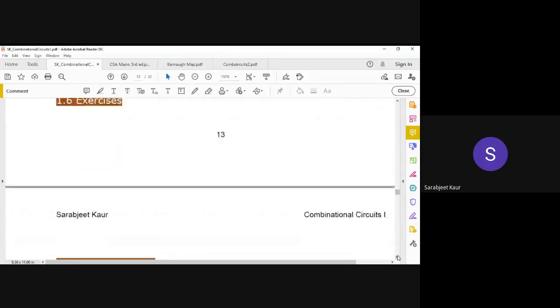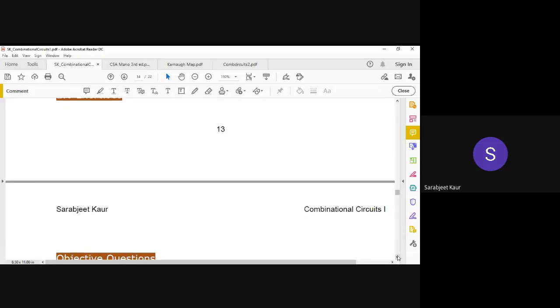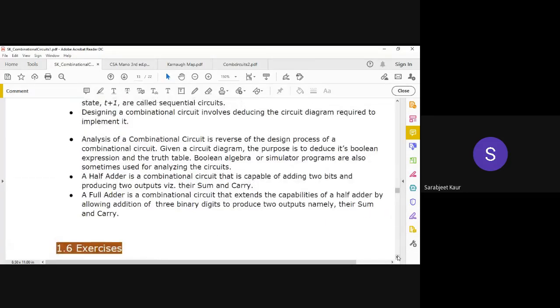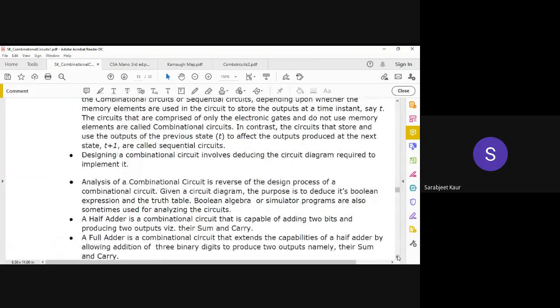We are going to be looking at the half subtractor and the full subtractor in the next class. Okay,